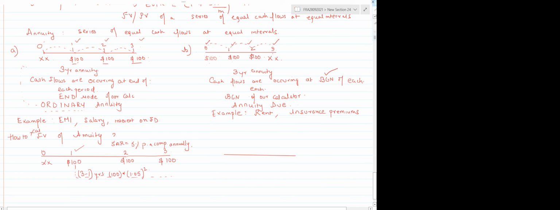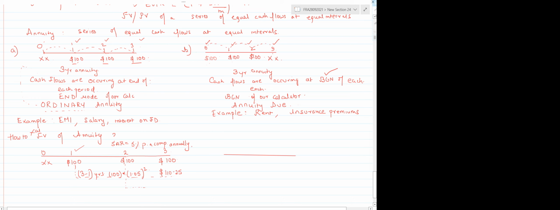Again, guys, I'm just going to tell you this so that you have a concept of what goes behind your calculator. You need not remember this. After having done this, I will tell you how to use the calculator. Please tell me the value, guys. If I compound $100 for 2 years, what would be the value? 100 into 1.05 squared is how much? 110.25.